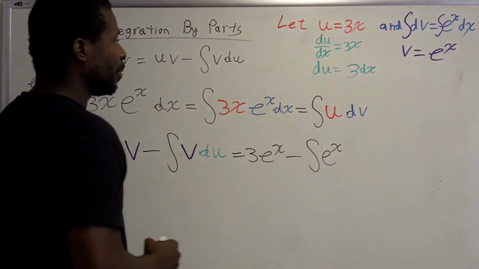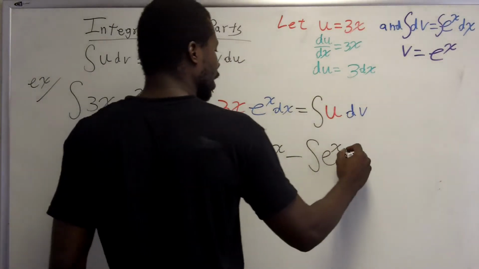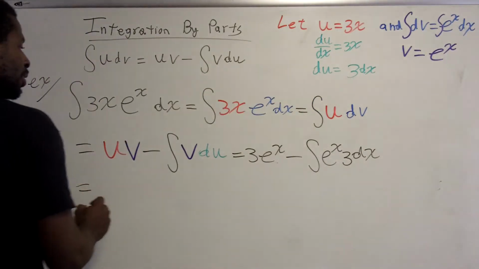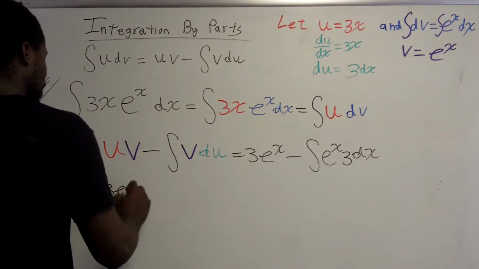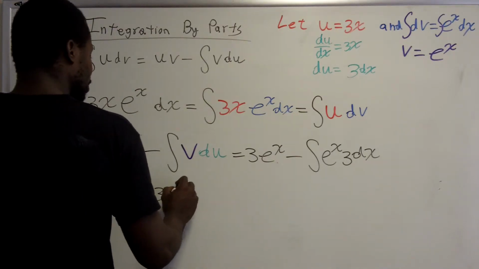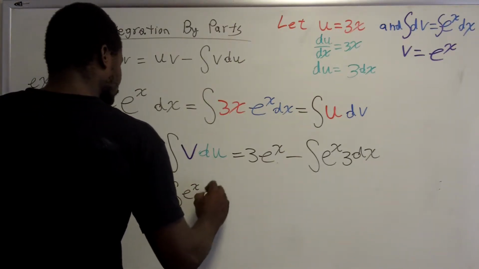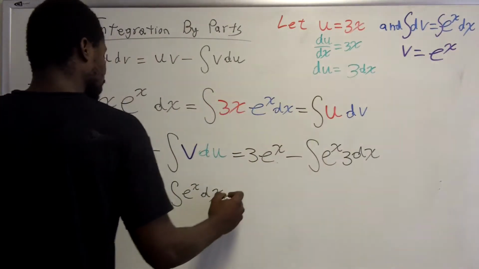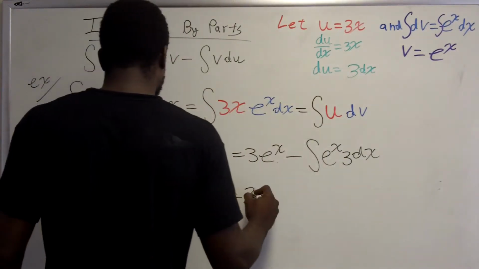There's a correction there. So du is equal to 3 dx. And this is not that hard of an integral to do. Let's see. We have 3e to the x. You can pull that 3 out, minus 3 times the integral of e to the x dx, which I've already done. The integral of e to the x dx is e to the x. So this is equal to 3